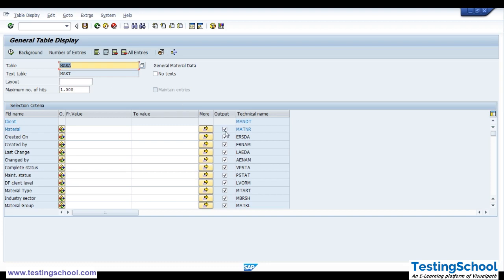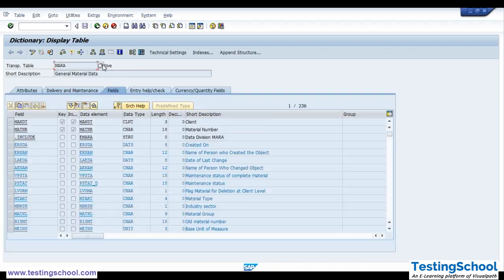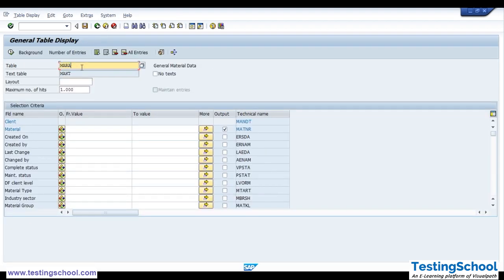See, there are so many fields, but we don't need all the fields. We will deselect them. See, everything is unchecked. Now we'll take only the things we need. We are going to MARA. This MARA is for client level. Sorry, back. We should go to MARC, not MARA. MARC,